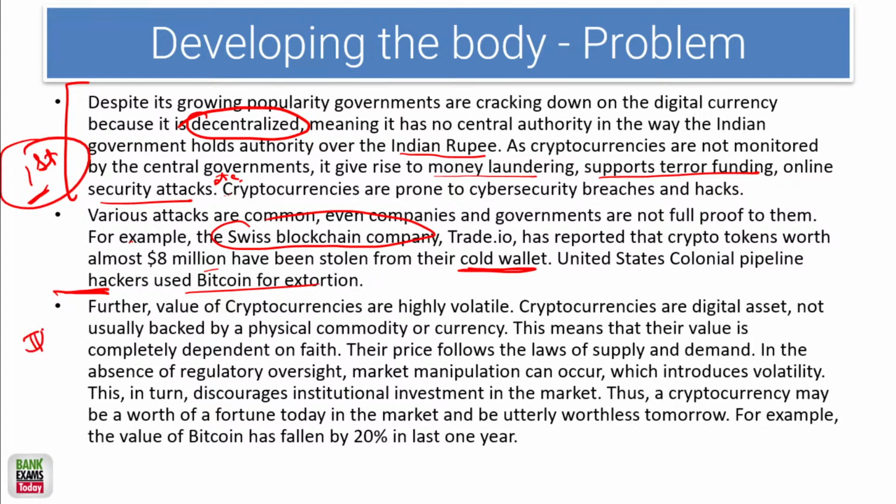First problem. The second problem is that it is volatile. Today you have 10 lakh rupees with you, right? So after 6 months, what would be the value of 10 lakh rupees? Even the value of the rupee fluctuates, it may fluctuate like 3-4%, right? 2%. Do you know how much the Bitcoin can move? I guess in the last 1 month it moved 18%. In 1 year it can move maybe more than 100%. It is possible, right? So it is highly volatile.